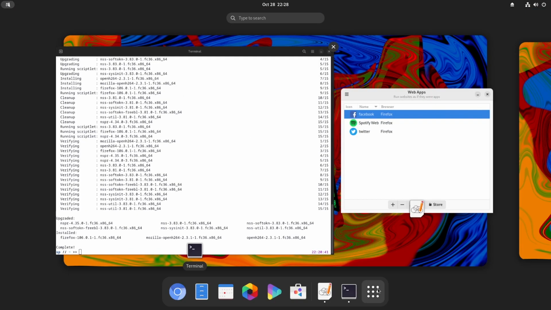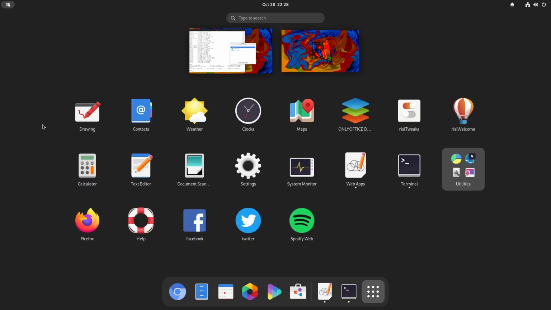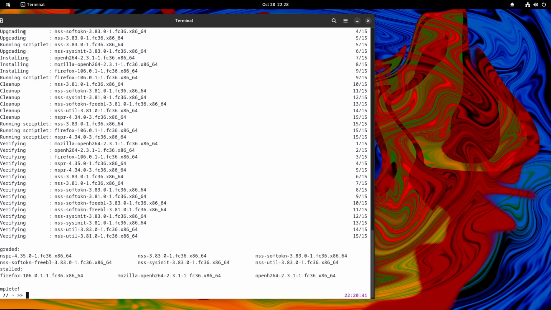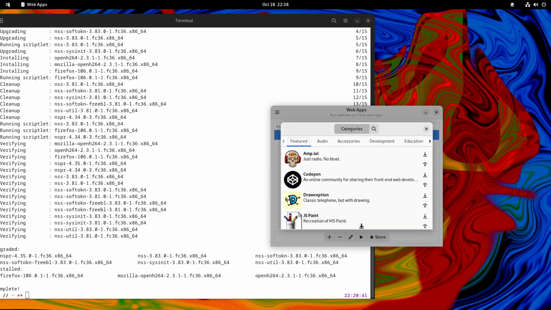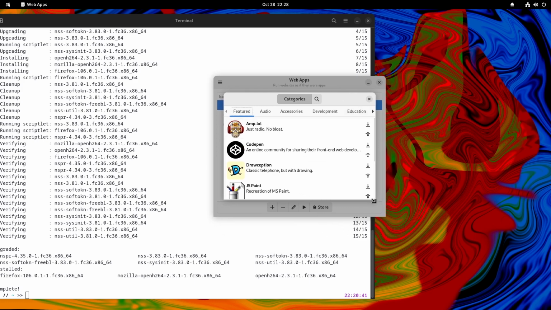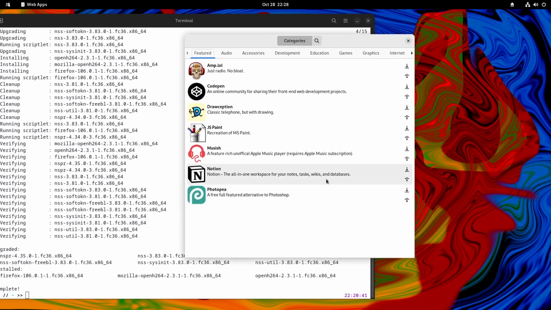and let's check the apps launcher. As you can see here, the launcher is here after we add from the web apps. So if you don't know the exact URL, you can go to store and then you can find your apps that you need.